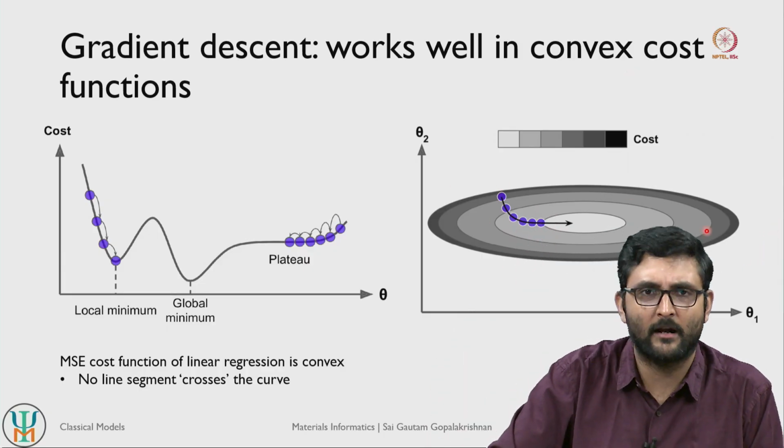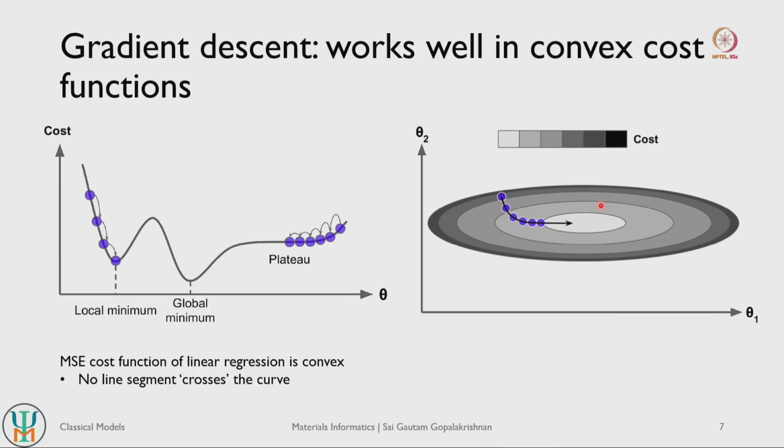So if you take a cross-sectional or projected view of the height of the bowl, let us say the height is proportional to the amount of error that you are making, and this is the projected view of that height with respect to your features. Features could be directions in a bowl. So let us say you start from the tip of the bowl. All you have to do is gently roll down and you will reach the center of the bowl, which has the lowest error, or the lowest cost.